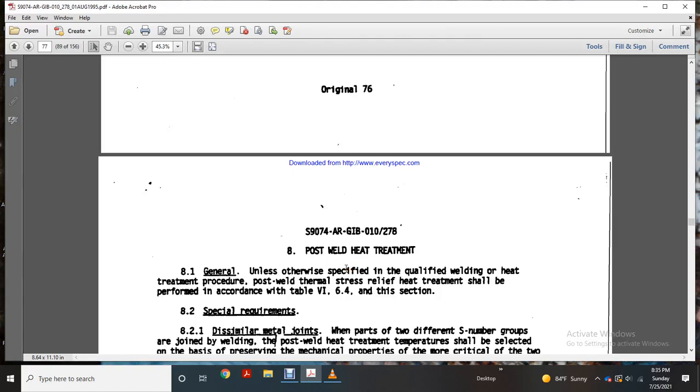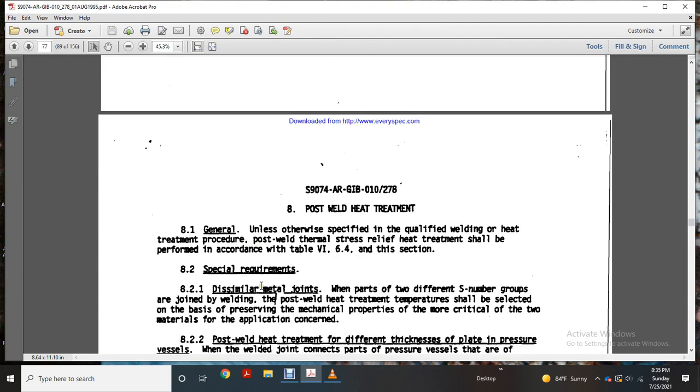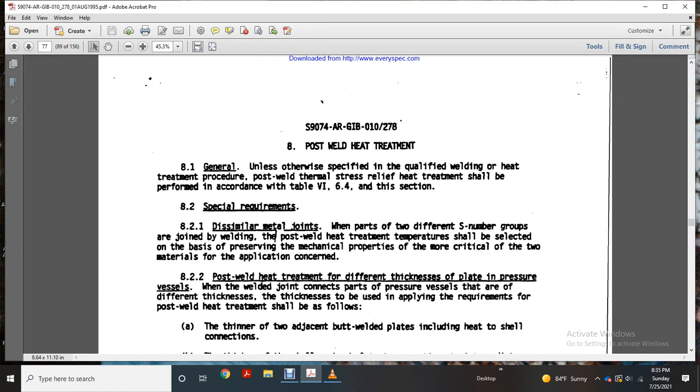Alright, 8. Post-weld heat treatment. Generally, unless otherwise specified, the qualifying welding heat treatment is achieved with the post-weld heat. Per the post-weld thermal stress relief, the heat treatment shall be performed according to Table 6 for the 644 of this section. Special requirement is similar metal joints when the parts of the two different S-numbered groups that are